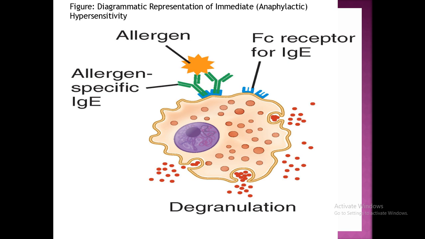So here the allergen specific IgE, which is the green one, is getting bound to the allergen, and then the allergen specific IgE is going and binding to the Fc receptor for IgE on the mast cell, and degranulation of the mast cell is happening, and it leads to